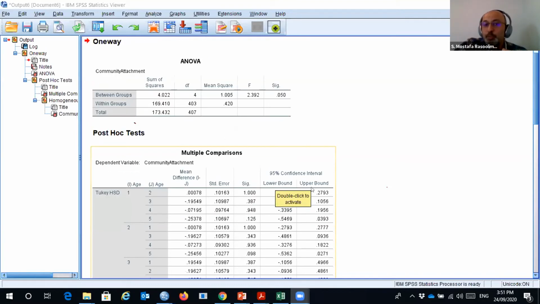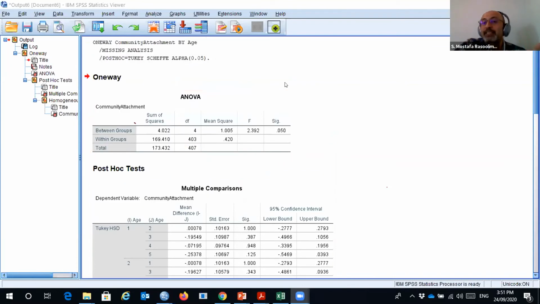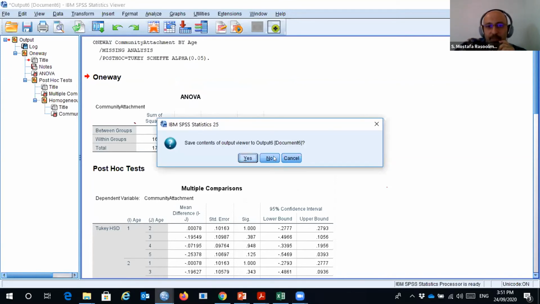So based on this post hoc, we can report the result and say there is no significant difference between groups, and the result of ANOVA shows community attachment between different groups of respondents is similar or almost the same, and there is no significant difference. Okay, but let's try another variable